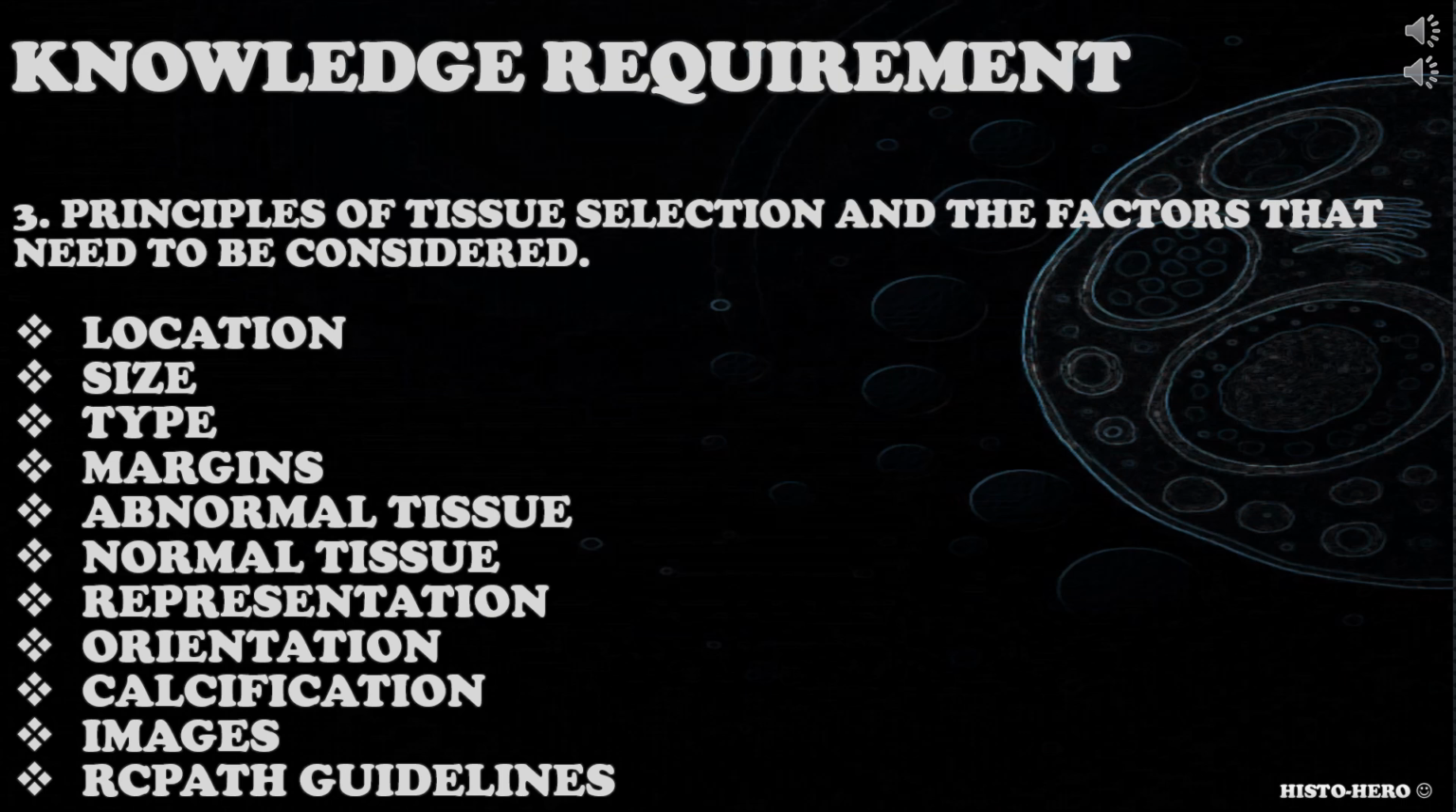When addressing this knowledge requirement, candidates should consider location of the tissue or abnormality, size and type of the tissue, relevant margins, abnormal areas, surrounding normal tissue, sample representation, and so on. You could ask them about the factors that need to be considered when selecting tissue for histological analysis. They should consider the size of the abnormality, margins, need for orientation, presence of calcification, access to macropath images, RCPath